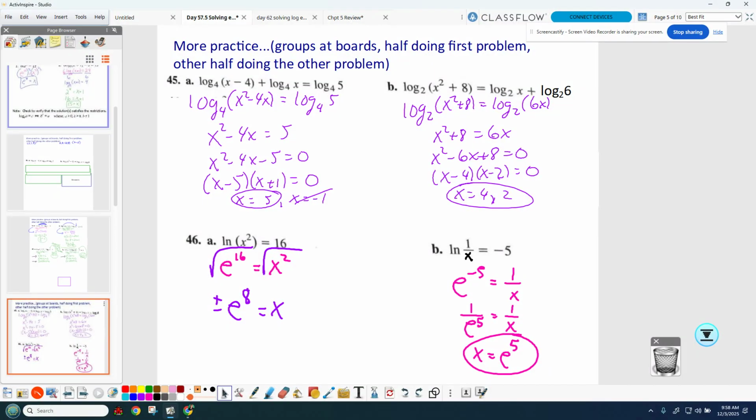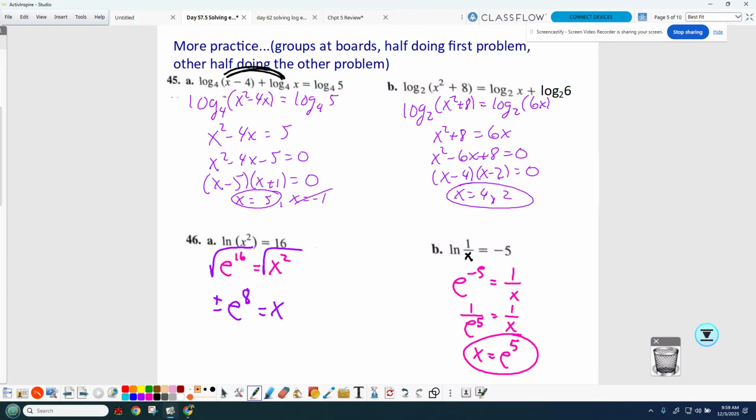The lower numbered groups, you could have moved the logs around, but they're all log base 4, log base 4, log base 4. And addition across these guys is multiplication inside. And then there was the question of, I have log base 4 here equals log base 4 there. Technically, I'm gonna do 4 to the power on both sides. So those guys drop out. And again, I get algebra. Solving the algebra,